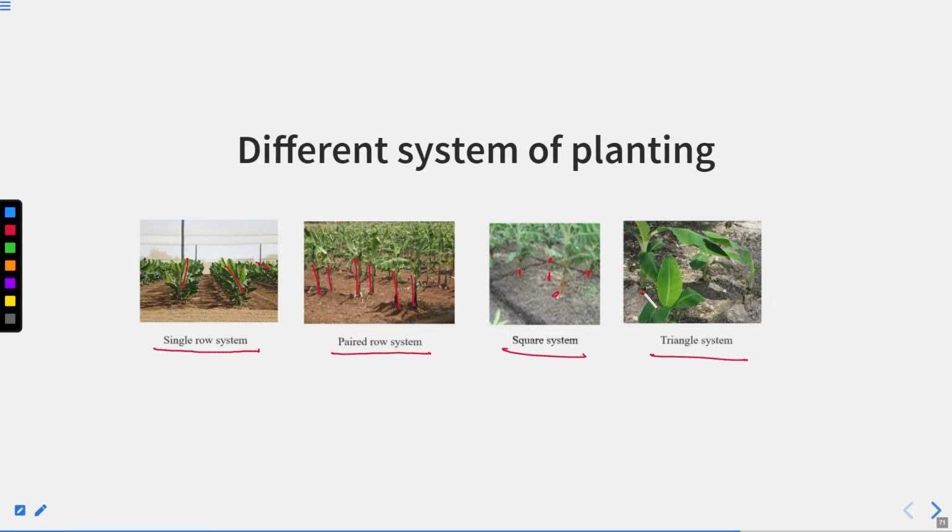Triangular system, so here you can see the triangle 1 2 and 3, triangular system like this. This is the square system, this is the pair, right? And this is the single row system. So these are the different systems of planting that we can adapt while planning for the planting of